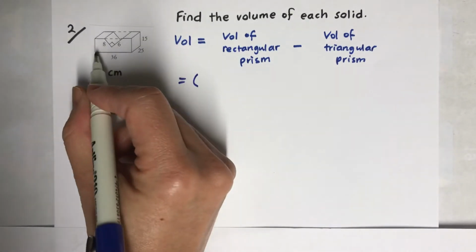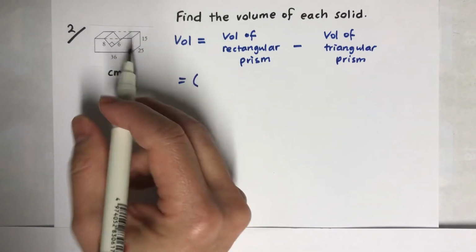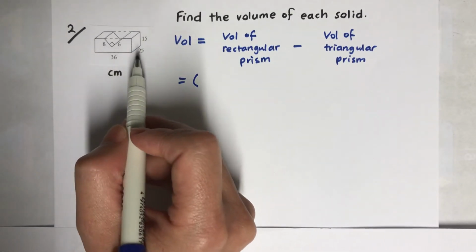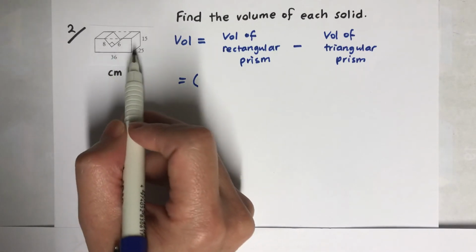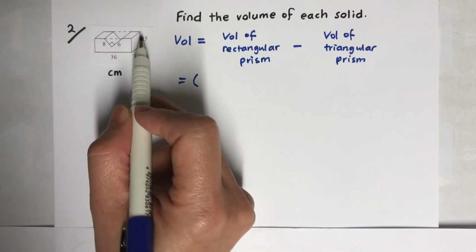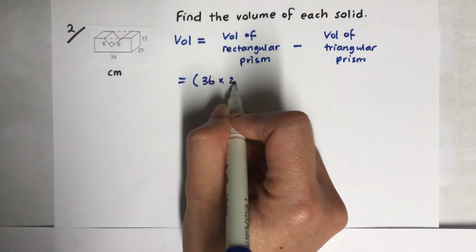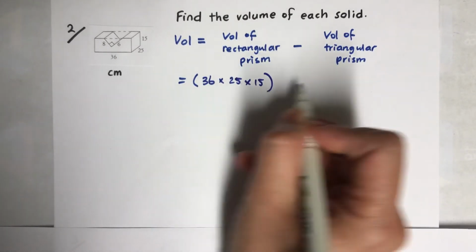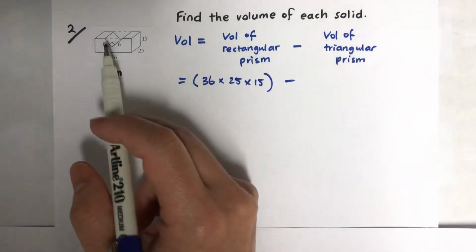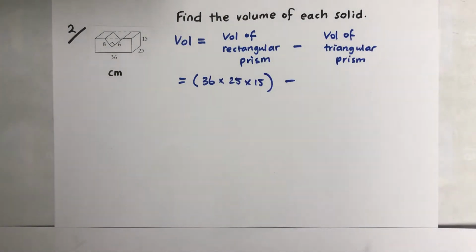All you have to do is times all 3 numbers, because the area of the rectangular prism is the rectangle, which is this on the bottom, and the height is 15. So I'm just going to times all 3 numbers. Done. And the triangular, remember, we are not looking for surface area, so you don't have to think too much